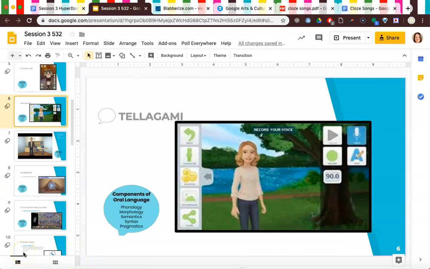Next, we're going to talk about using an avatar to help students talk. And the example I'm going to show you is Telegami. Telegami is an app, but there's other options, and I'm going to show you a web version next. But in the Telegami app, students build an avatar, and then they record their voice, but the avatar's mouth is the one that moves. So this really makes ELs feel safe when they're practicing oral language, because they can speak